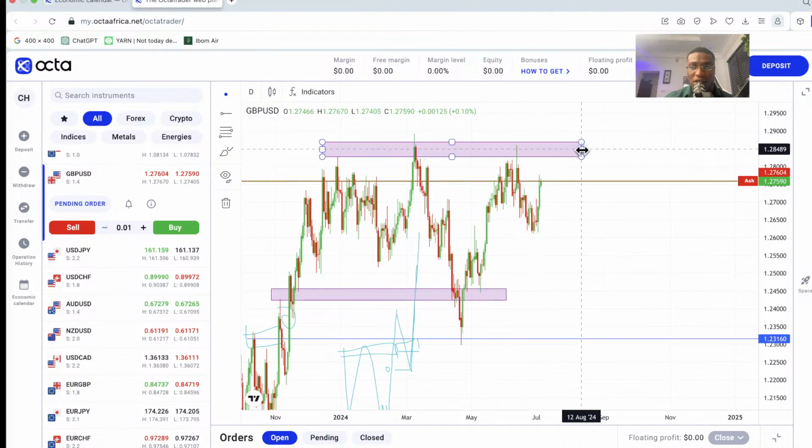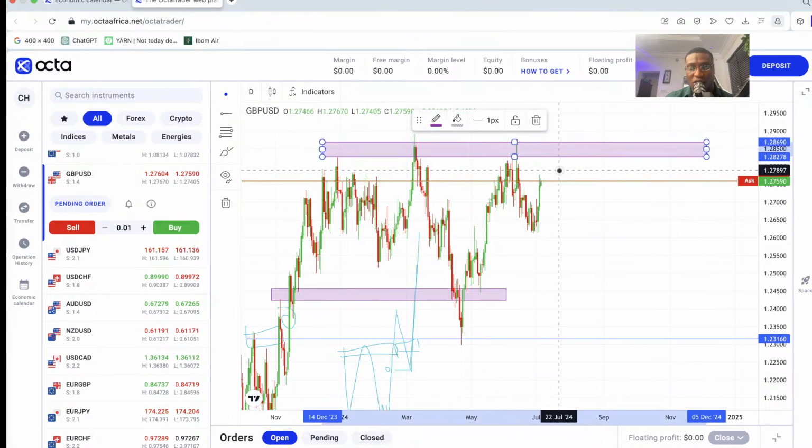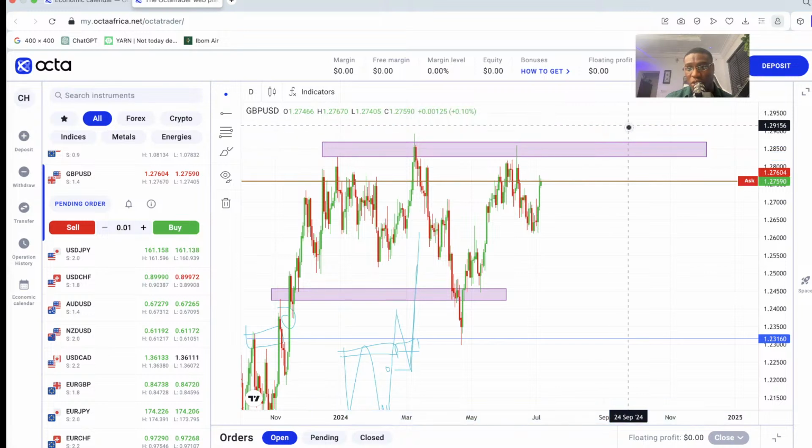Now, the more we retest this resistance level, the stronger this resistance level is going to get. And what that would mean is that every rejection we get from here would be a strong pullback. Every breakout we get from here and retest would potentially mean that the market is going to be trading above this level. So if we have a sustained breakout of this resistance and a retest, and that retest is sustained, we don't have a pullback, and that breakout is not a fake out, then we're going to be trading above this resistance for a long time.